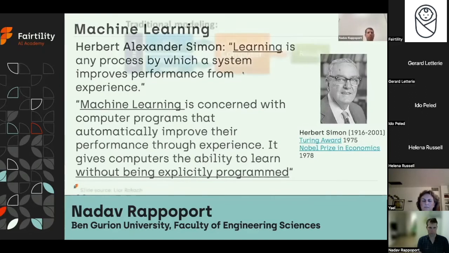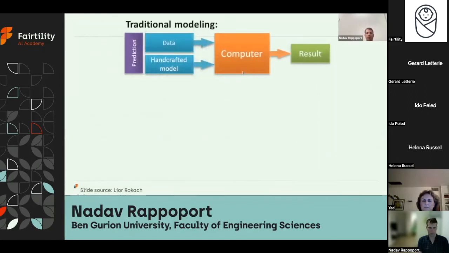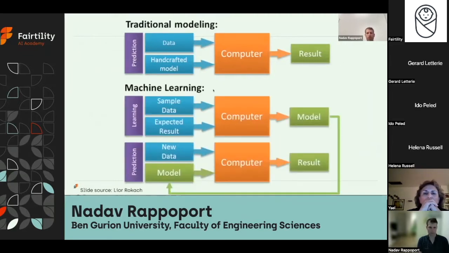What do I mean by saying without explicitly being programmed? In traditional modeling, part of the modeling was to feed the algorithm the data and the rules for how to decide what should be the result for different types of data points. In the machine learning approach, the rules are not fed explicitly into the model, but rather are learned from the data.